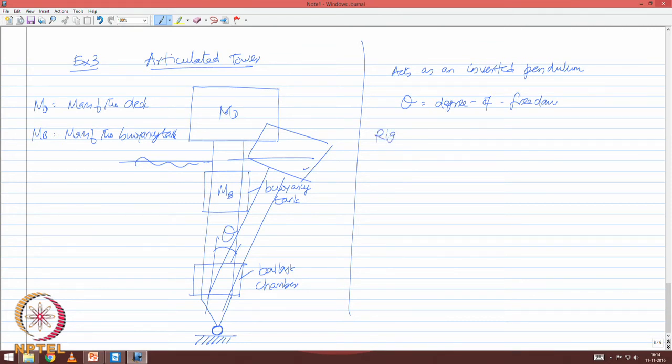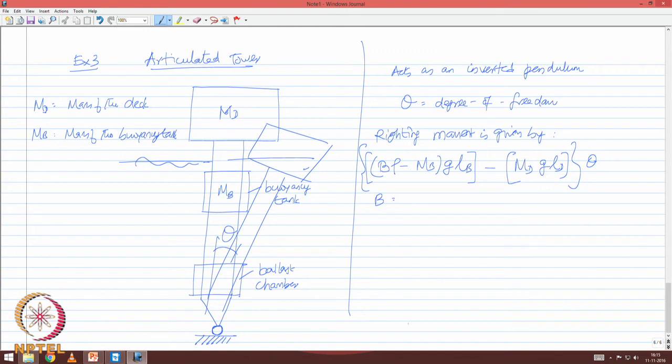Therefore, I should say the righting moment is given by (Bρ − m_b) g L_b, that gives my buoyancy tank value, minus m_d g L_d, multiplied by theta,